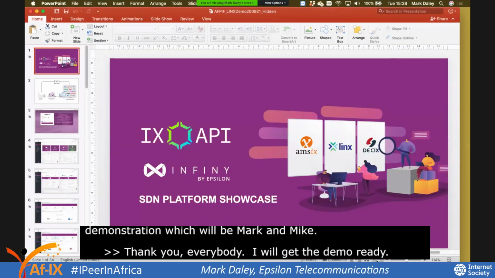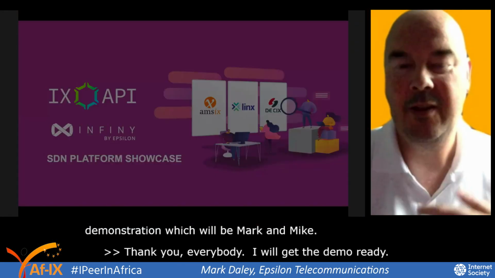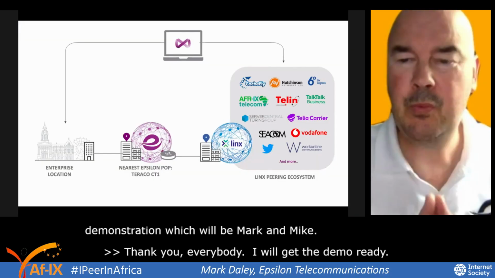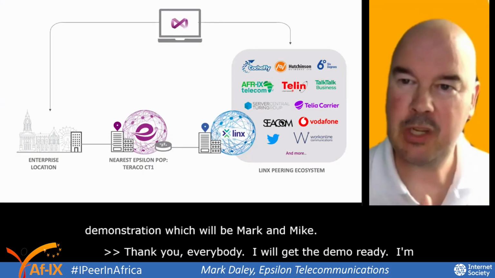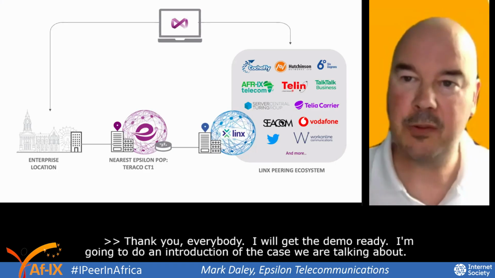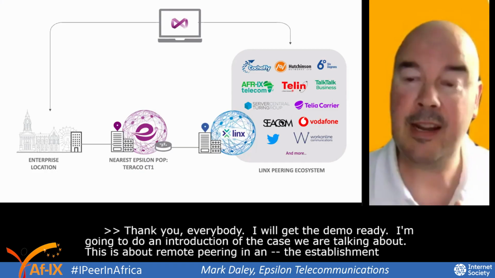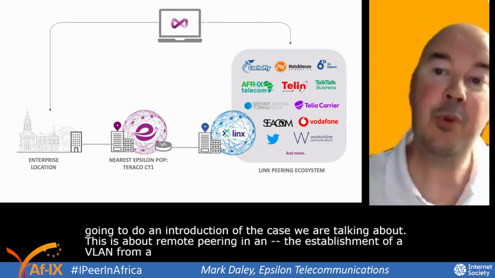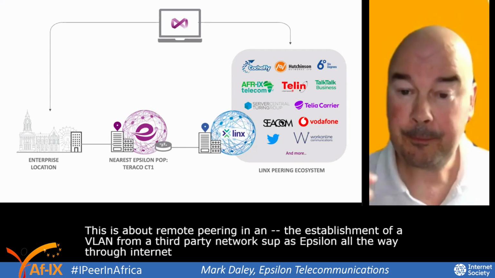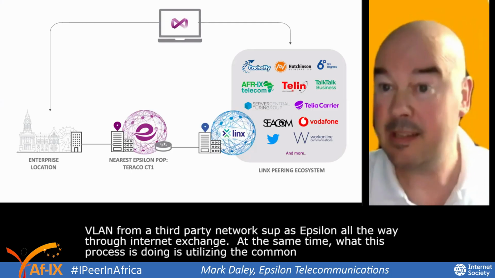So I'm just going to do an introduction first, really, of the actual case that we're talking about. What this function is about is enabling remote peering in an automated fashion: the establishment of a VLAN from a third-party network, such as Epsilon's, all the way through to the internet exchange. At the same time, this process is utilizing a common gateway or reseller port into LINX in this case,